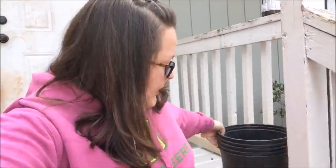I'm going to plant using my soil blocker. I do have these, which I'm going to transfer my tomatoes into once they start growing. I like to save these from garden projects that my husband has done since he's a landscaper. So I do have those that I'm going to plant in eventually, but today I'm going to use the soil